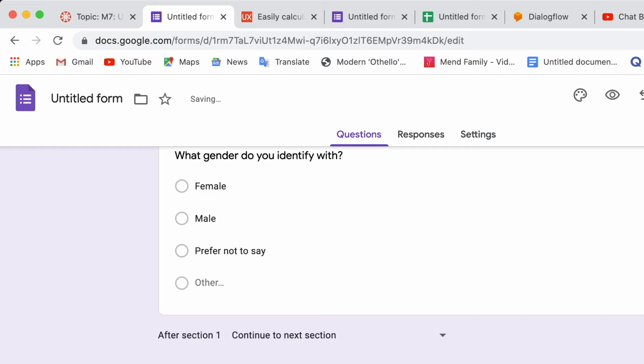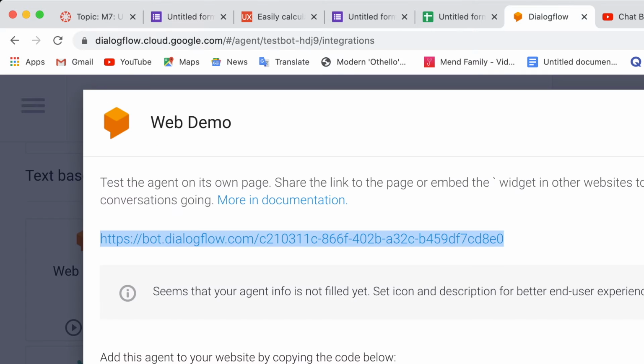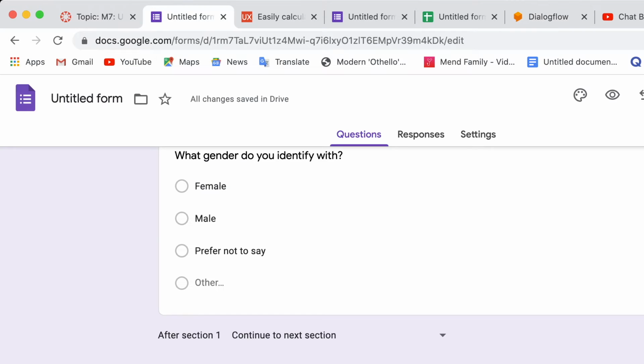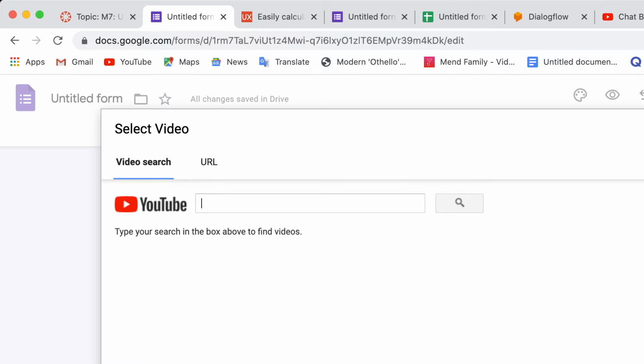And to get the link from your chatbot, I went back to my Google Dialogflow Essentials, went under integrations, then web demo, and highlighted this link here, which I'll copy and then add to the description bar. Now to add the video, simply go over here to this menu bar, click add video,